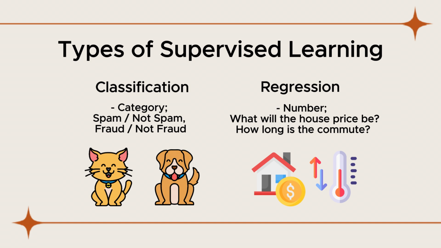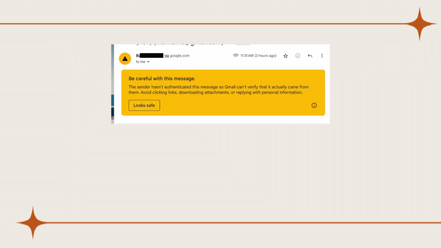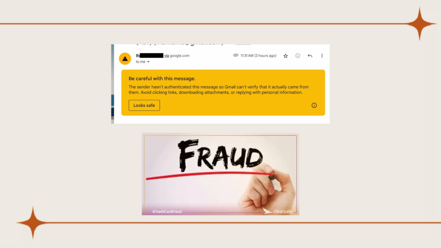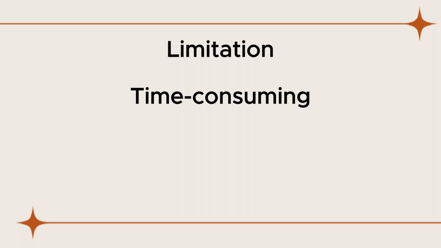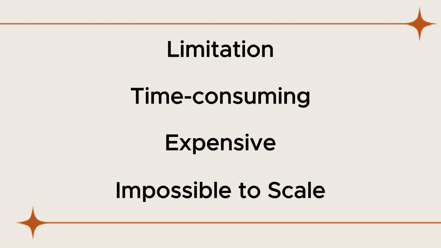An example from the real world is Google, trained on hundreds of millions of labeled emails. It now filters spam with high accuracy. Your bank flagging your card when something looks wrong, trained on historical transactions labeled as fraudulent or legitimate. Netflix predicting whether you will actually watch something. Your past ratings are your labels. But someone has to label all that data, and labeling is expensive, slow, and sometimes impossible to scale. That limitation is actually why the other type of learning exists.